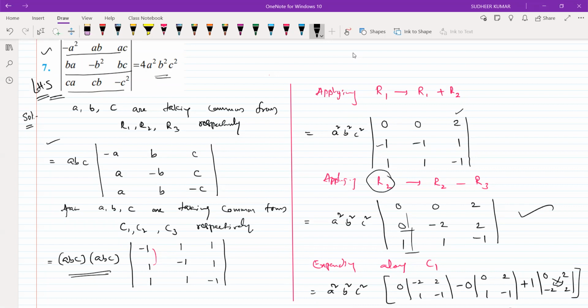Yes, sir. So when will we use this expansion, ma? Can we expand from the first step itself? No, sir. Then we have to use it when we can't do it with the properties. We should try using the properties to get the maximum number of zeros. Till that we can use the properties.